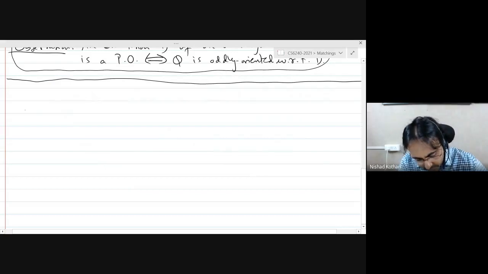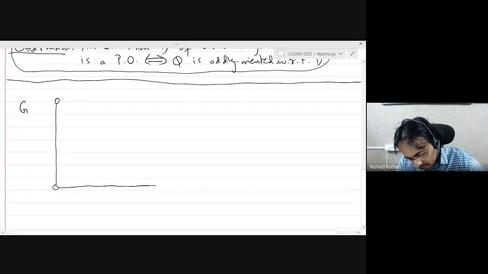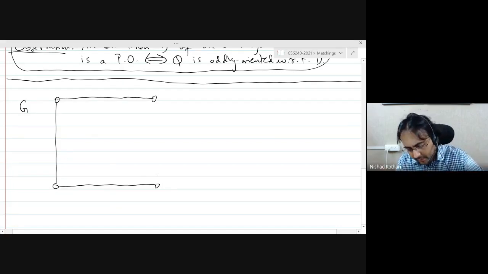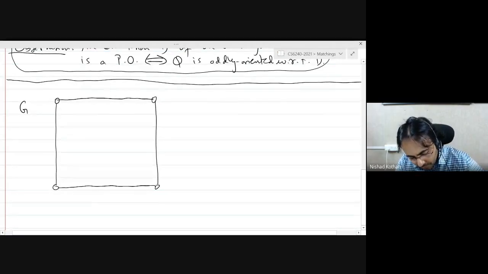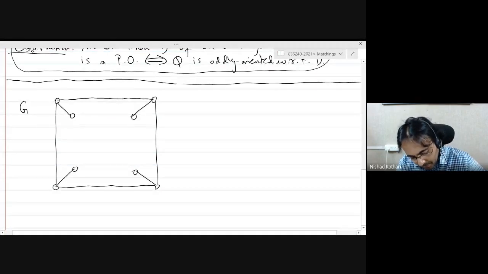So what I want to do is look at the following graph. And I want to understand how we can compare the signs of the two perfect matchings by just studying the graph rather than computing these signs by looking at these permutations. I just want to look at the graph and figure out if we can somehow understand more graph theoretically what it means for an orientation to be Pfaffian. Okay.